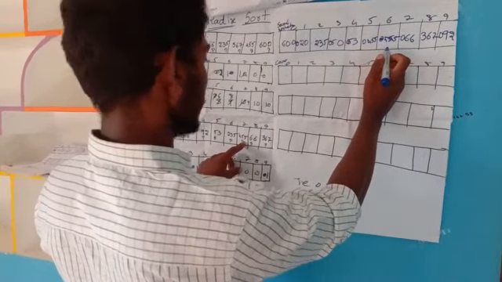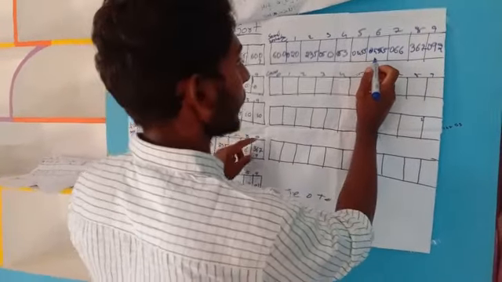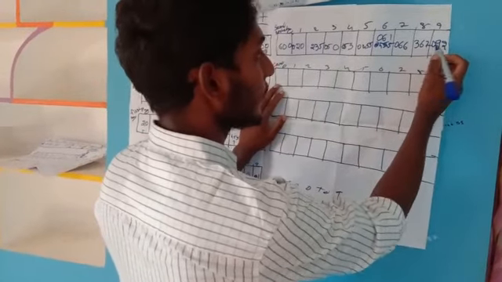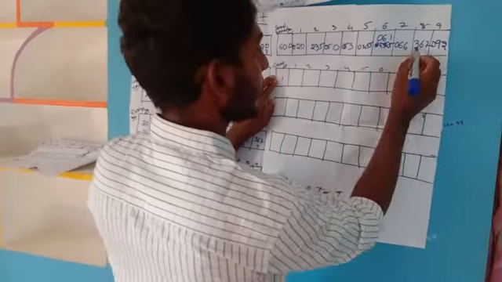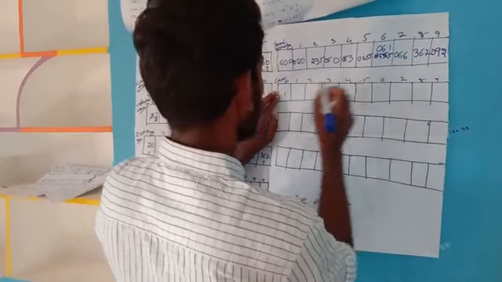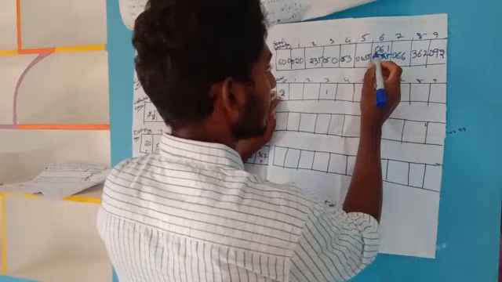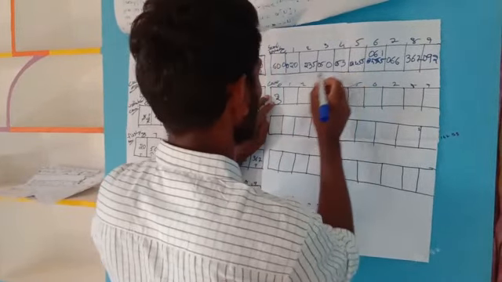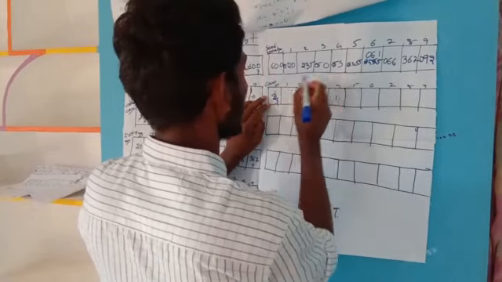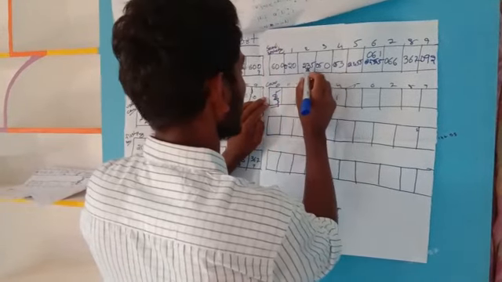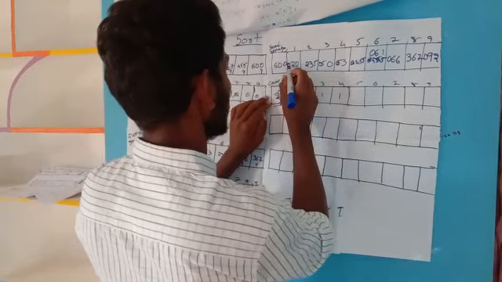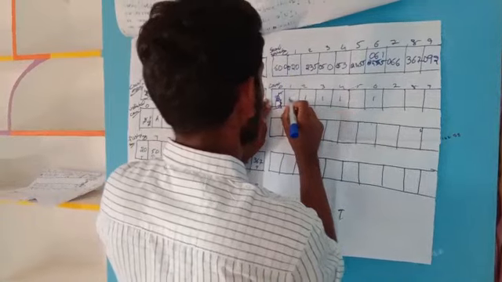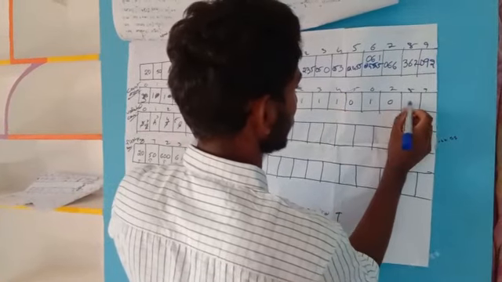By seeing here, there is 0 at hundreds place, we have to increase this. Here 3, we have to increase this. Here 0, again increase this. Here 0, again increase this. Here 4, we keep 1. Here 0, again increase this. Here 0, again increase this. Here 2, keep 1. Here 0, again increase this. Here 6, keep 1. Remaining will be 0.